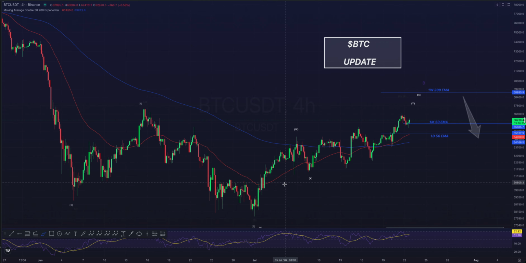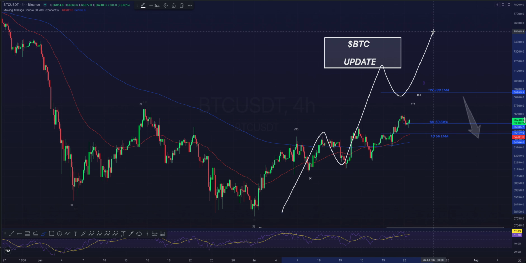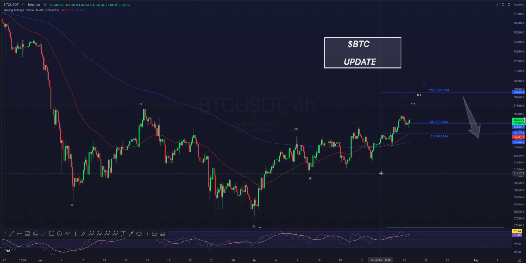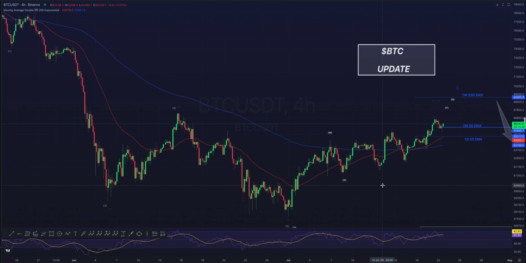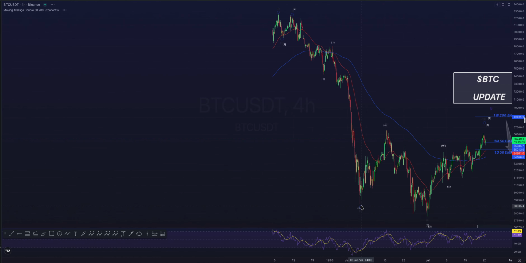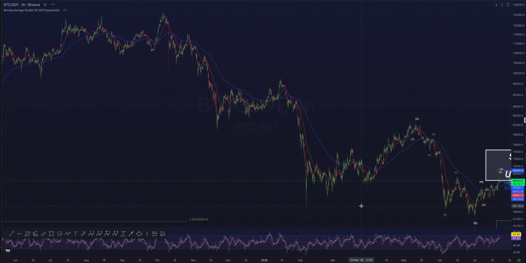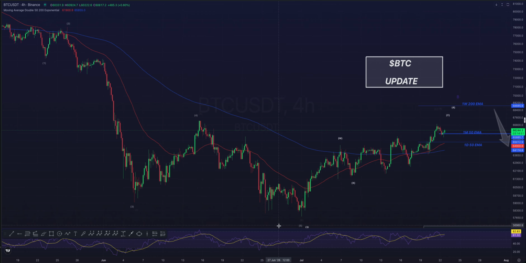But I just wanted to show you what would need to happen in order for this to become something bullish and in time to become some kind of a five-wave move. Is this possible? Yes, it is possible. I don't think that this is going to happen, but just before I show you what this thing is, I just want to show you something that will help you a lot in your TA analysis and with your trading. And this is differentiating between a corrective and impulsive move.